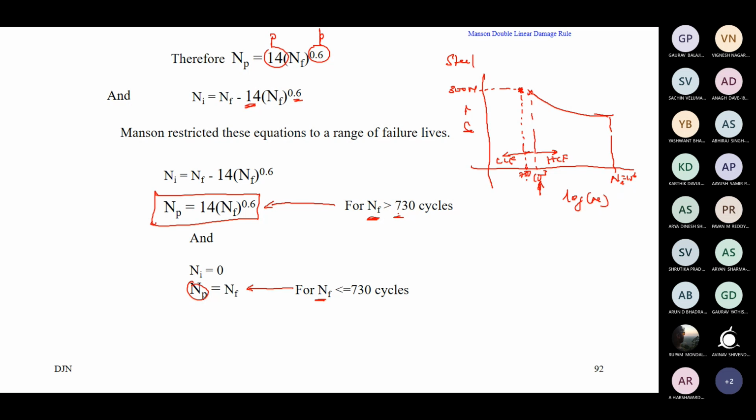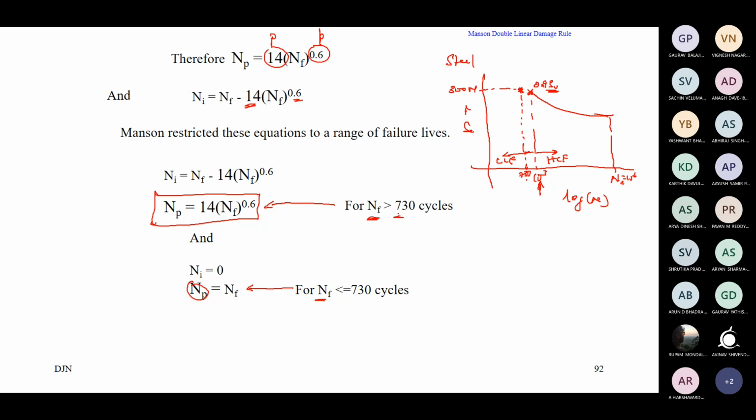Empirically, what is this 10 to the power 3 point? 0.9 times the ultimate strength. Then what is the yield point of the material? The yield point of the material is still lesser, no? Approximately it is that point only, 0.9 times the ultimate.